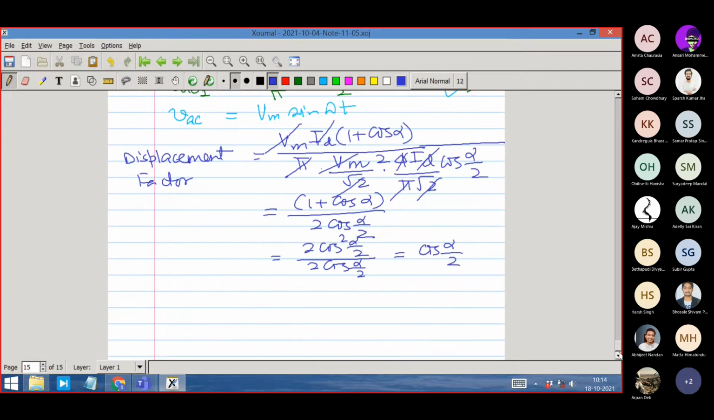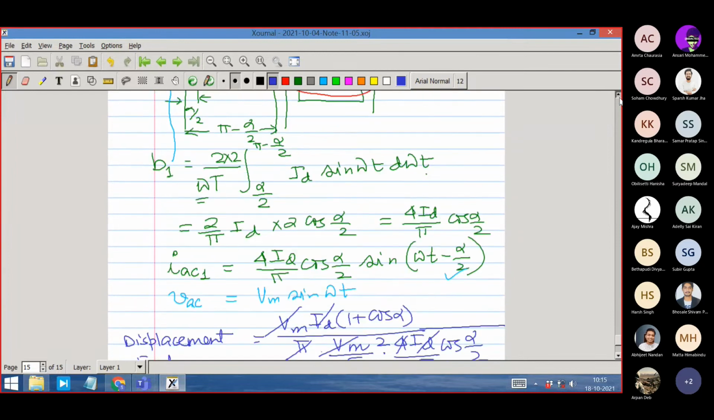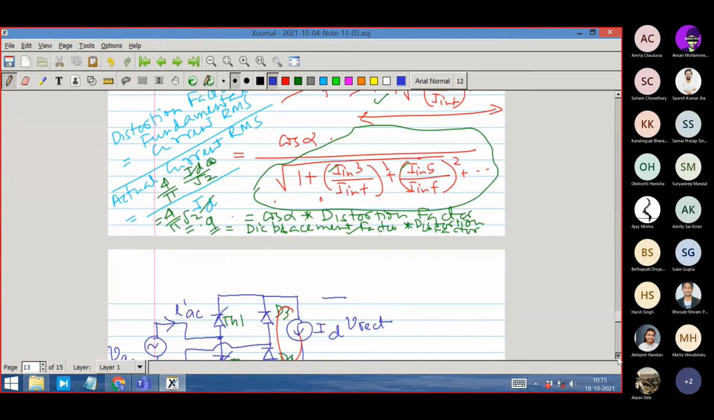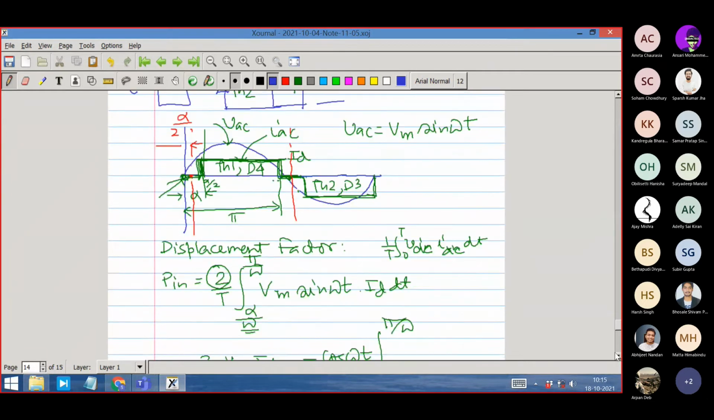So we see that due to the semi-bridge structure, the displacement factor has changed. Earlier, when it was a full bridge thyristor converter, the displacement factor was cos alpha. Now we see that the displacement factor has become cos of alpha by 2. If somebody has a better intuition, they can immediately find out that it will be cos alpha by 2, because